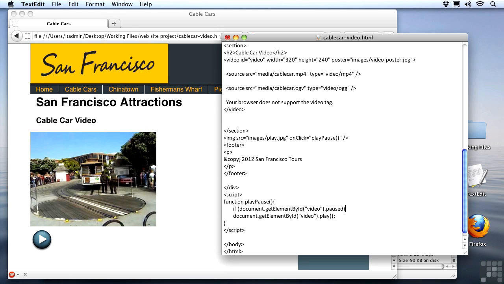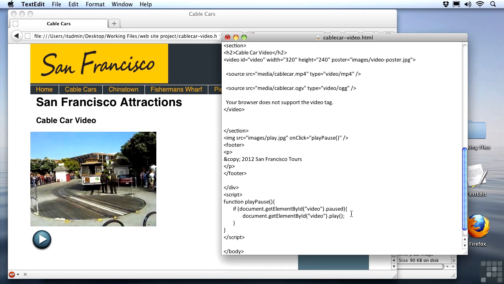I'll close off my conditional statement, and then my if statement also needs braces, so I'll open up a set of braces for that. And I'll go down one line below our play statement and add a close brace there. Now, let me use tabs to indicate where everything is so that we can make sure our braces are all good. My statement now reads, if our video is paused, then go ahead and execute this statement, which would be